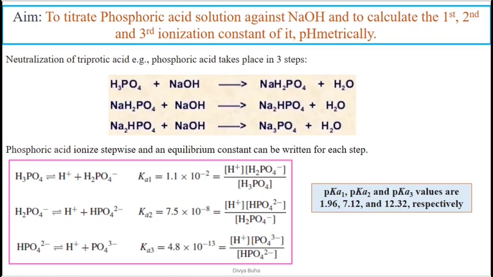So first of all, it is important to understand what is ionization, right? Ionization is the process by which an atom or a molecule acquires positive or negative charge by gaining or losing the electron. So over here, you have to find out the first, second, and third ionization constant of phosphoric acid, right? And the ionization constant depends upon the equilibrium constant which is being attained between the unionized and ionized molecules or atoms. So why three ionization constant values, that we will see further.